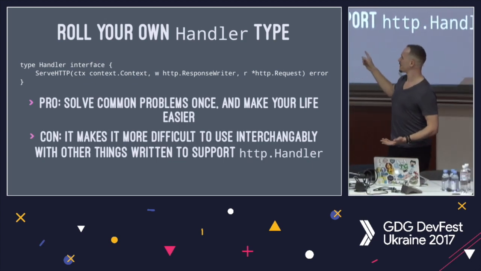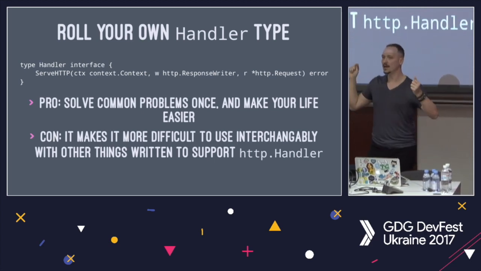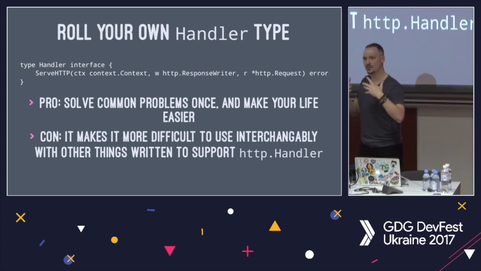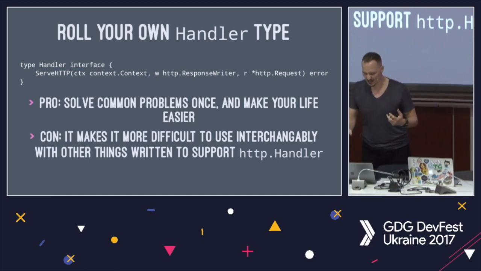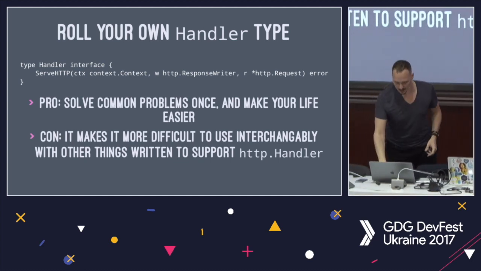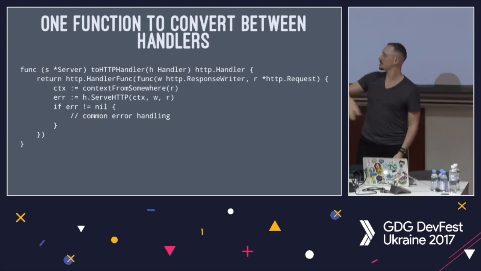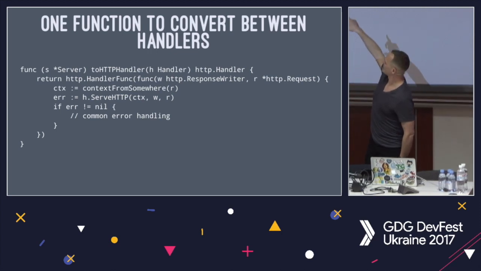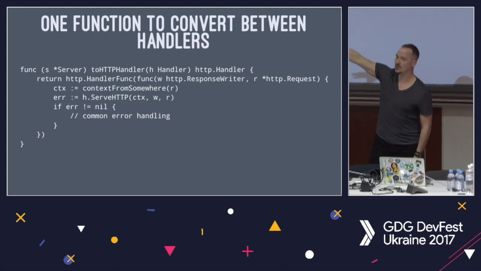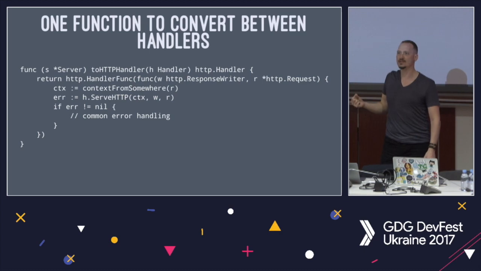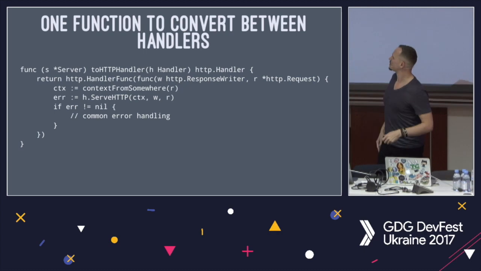Yes, the downside is that you can't then use these types wherever you use other handlers, and if other packages that you're using are built on HTTP handler, they won't work, because suddenly you've changed the type. You have to build some glue to stick them together, and that's what the glue looks like. It's just a function, you pass in your handler, and it does the common stuff, and returns a handler here. This return HTTP handler func is making use of the fact that HTTP handler is a single method interface and has that handler func counterpart, which you can just use in this way.